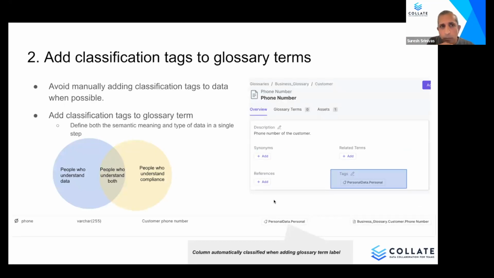Moving on, one of the challenges in the world of data is there are people who are creating tables, building data, modeling data. They understand the data. And then there are people who are working on regulatory compliance. They understand the classification and the types, which is coming from regulatory agencies. Very few people understand both data and the regulatory compliance requirements. So in an organization, because there are few of these people, you should use them and you should scale them